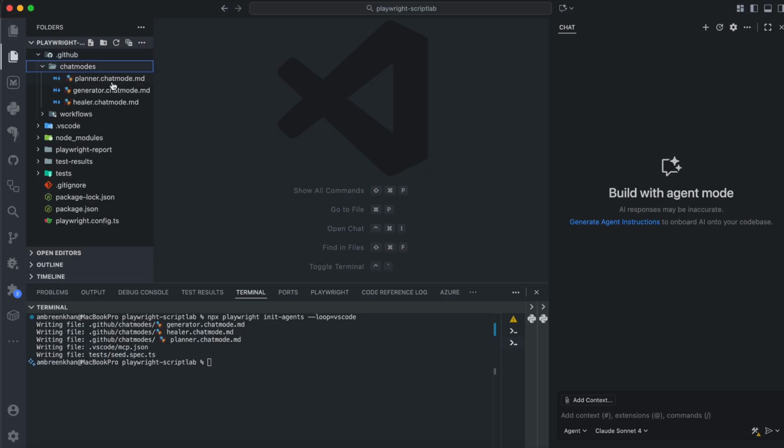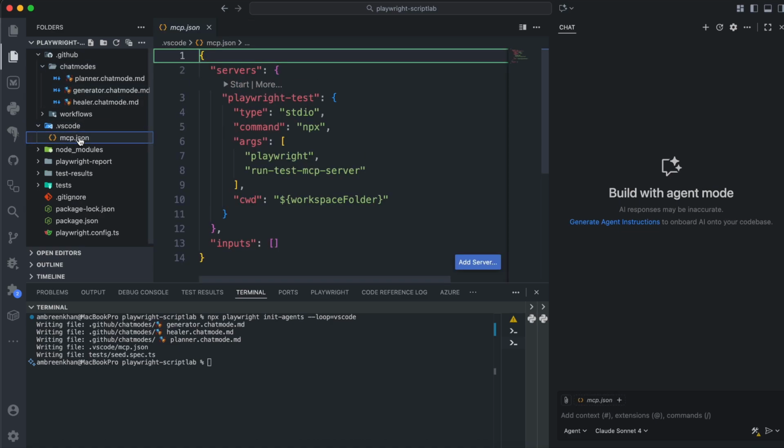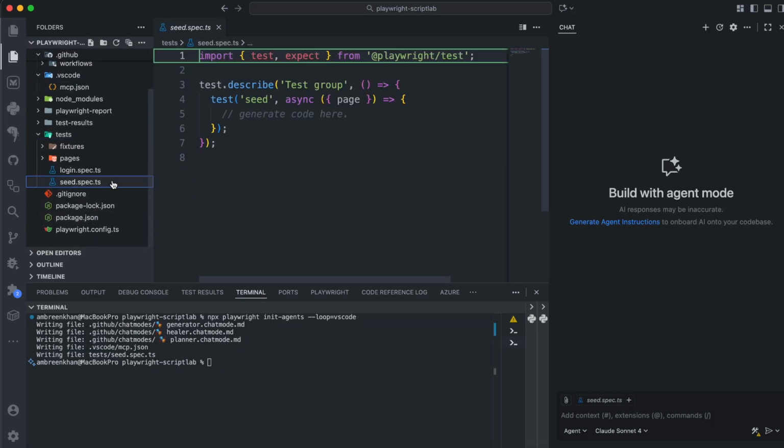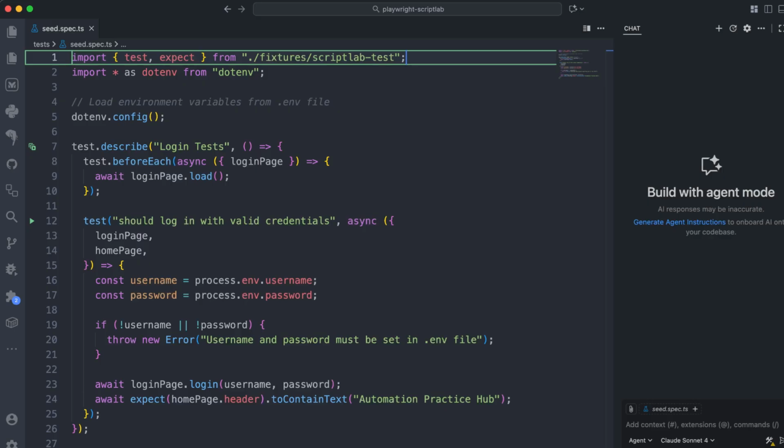These are located as .md files under the chat modes folder. An MCP.json file, which sets up the Playwright test MCP server. This server is different from the original Playwright MCP server and includes more tools. A seed spec file under the tests folder that is used to set up the environment necessary to interact with your app. I've added the login fixture to the seed file, so it logs into the app automatically before we start